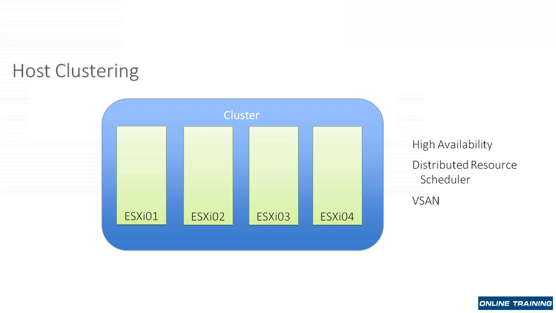These are all clustering features that we'll spend more time on as we work our way through the remainder of this course. But for now, the main thing to understand is that we can create a host cluster using vCenter to logically group together a number of ESXi hosts. And by grouping them together, we can enable features like HA, DRS, virtual SAN,